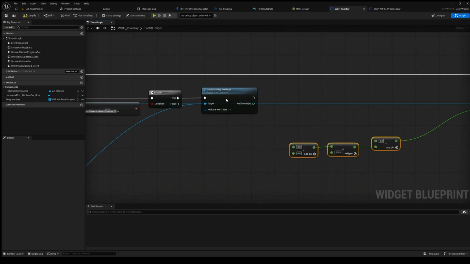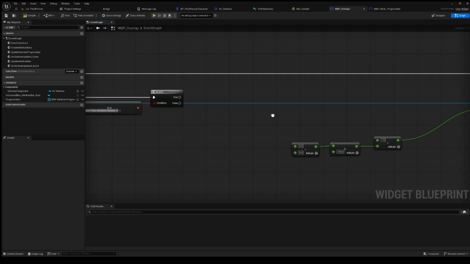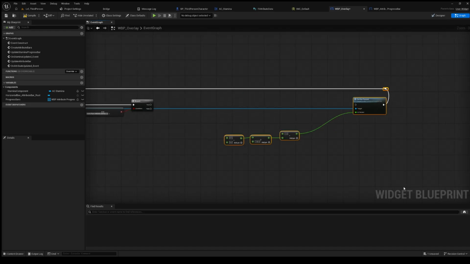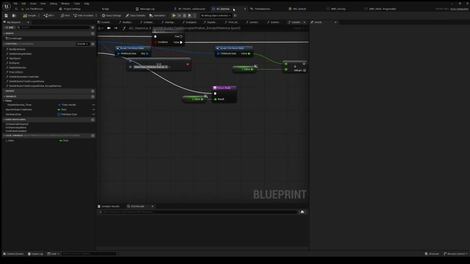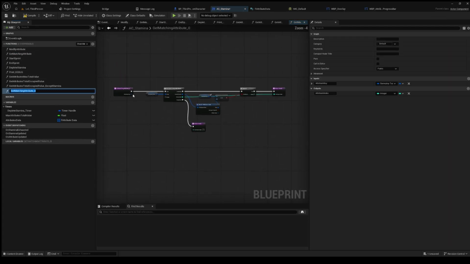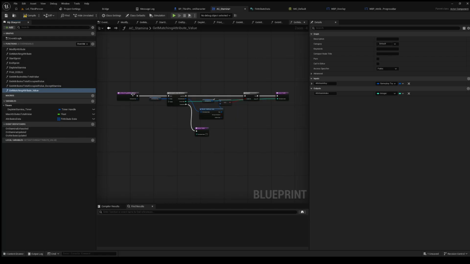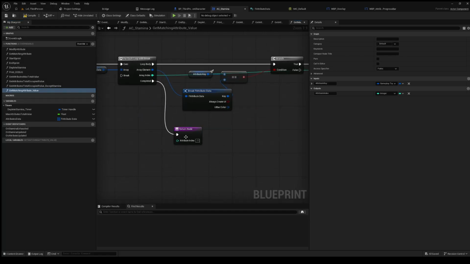Oh wait, it's returning the index. I don't need the index. I want the actual attribute value. I'll make it the function. Now, instead of returning the index, I'll make it a float